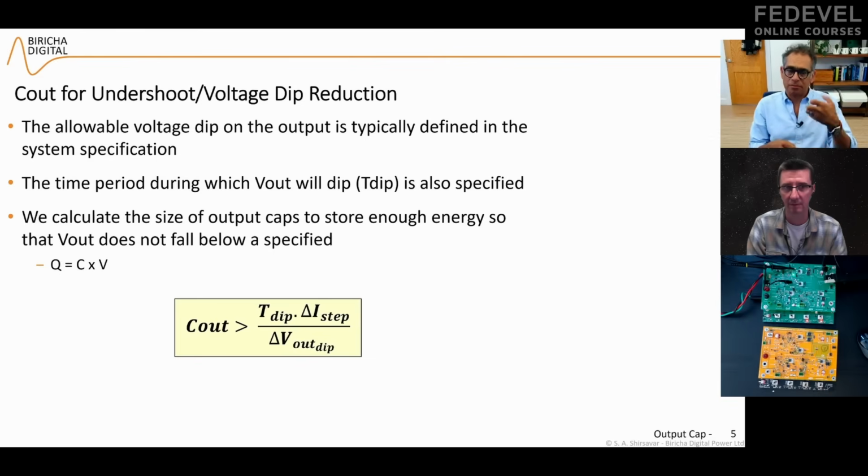If not, I will show you what is a good number to choose. So if you know how much dip you can have, delta V out dip, and you know how much time you have to recover, which we get from the specification, and you know the load step because that is part of the specification, then you can literally calculate the size of the capacitor for voltage dip requirements or undershoot requirements based on this school level